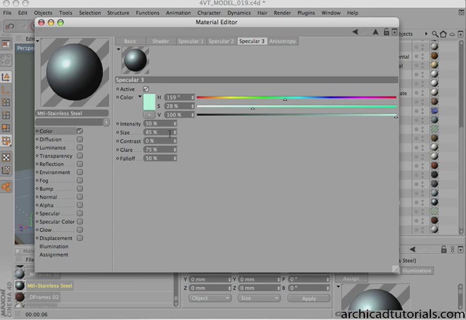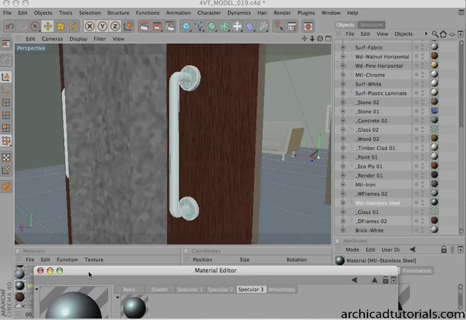If you wanted the metal to be less brushed and more shiny, you would probably be reducing the size of it, so it becomes or appears more shiny. As you increase the size it looks more like brush metal, but if you set it to about 80, that would be pretty good. Contrast, once again, some of those settings are very subtle, but overall they come out looking very realistic. So basically I've just changed the colors there, and if I were to render that now, I'm just